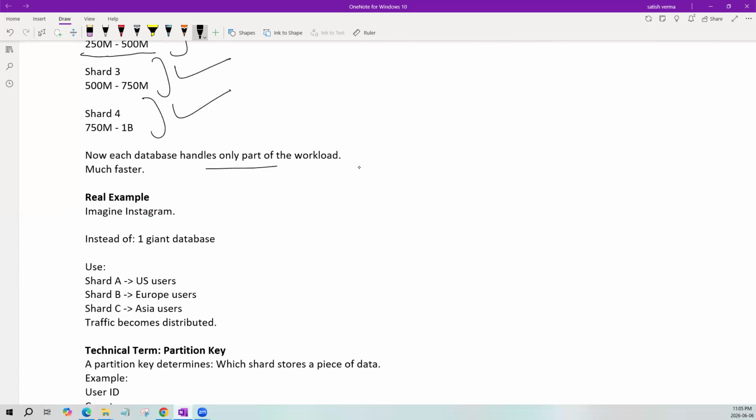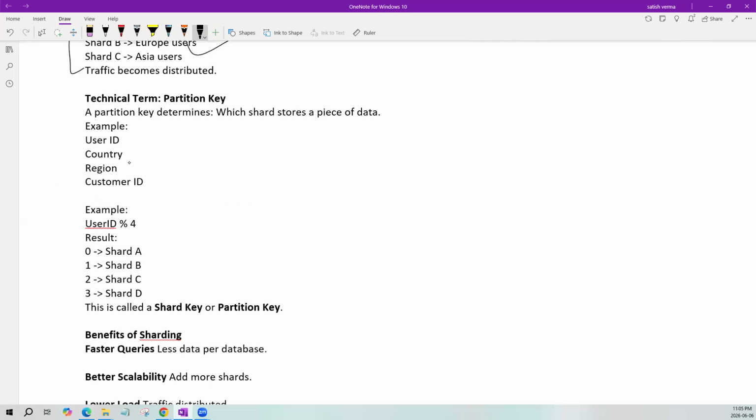each database handles only part of the workload, much faster. Imagine Instagram, right? Instead of one giant database, it has multiple shards. Shard A, US users. Shard B, European users. Shard 3, Asian users. Okay,